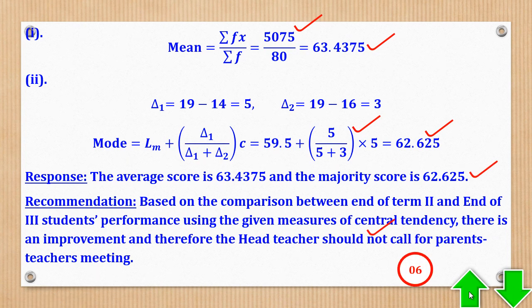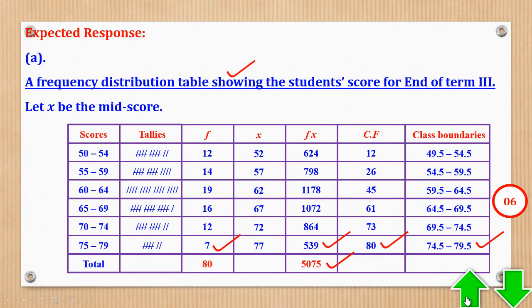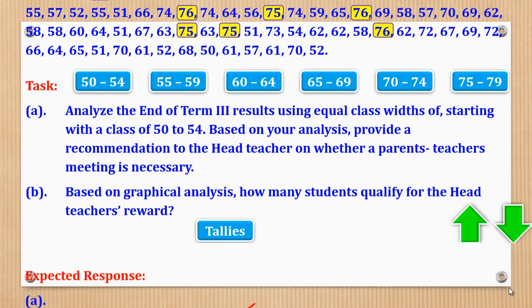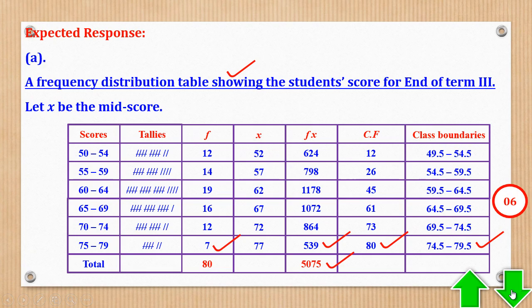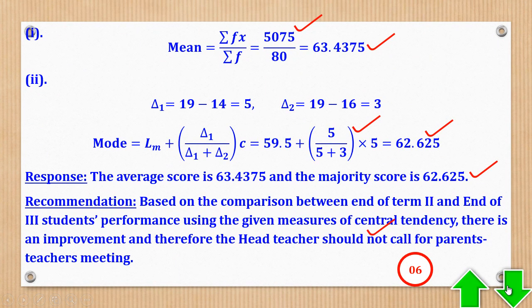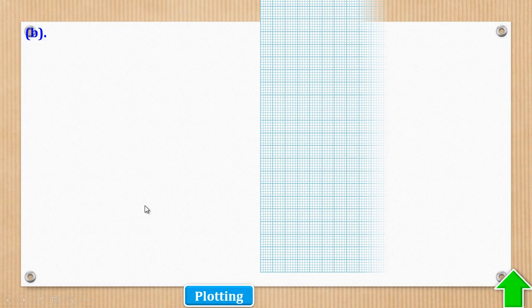Okay, then now we can go to part B of the task. Part B says, based on graphical analysis, how many students qualify for the head teacher's reward? So that means we need to draw an ogive and get students above 75%. So here we shall need a graph paper,